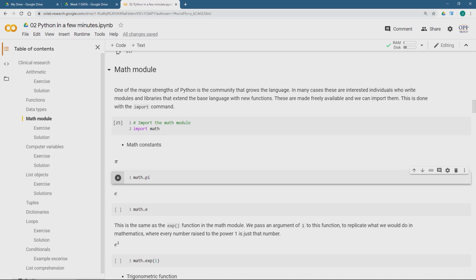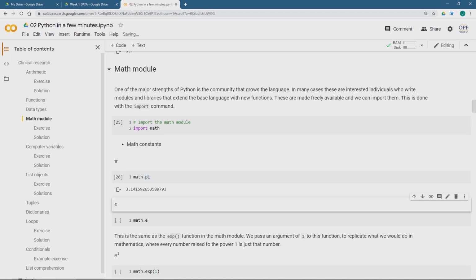What we are interested in, of course, is the value of pi in Python itself. So there's a pi keyword inside of the math module. And to get to these extra ones, because they're not part of Python itself, we have to reference the library or module from which it came. So we have to say math, and then a dot, and then this new functionality that we want that is built inside of this library or module. So math.pi, I can't just say pi. There's a way just to say pi, but we won't get there yet. So I'm going to say math.pi, and there I see the value for pi